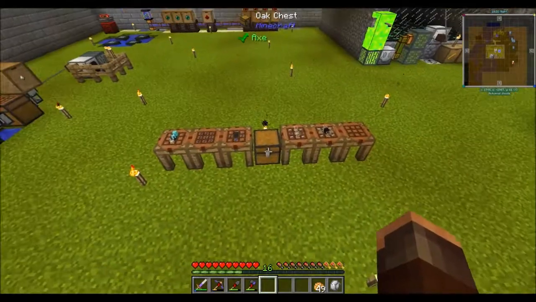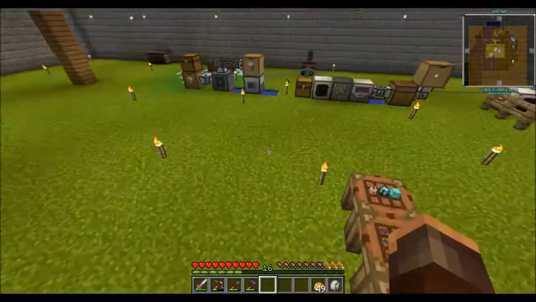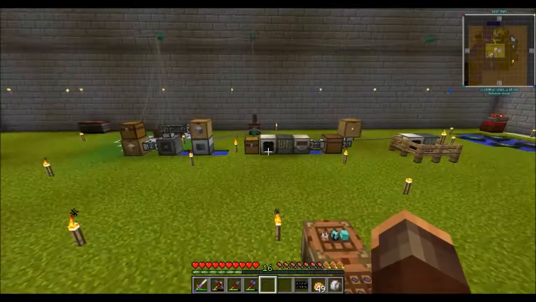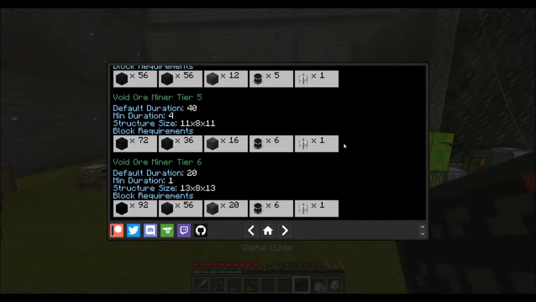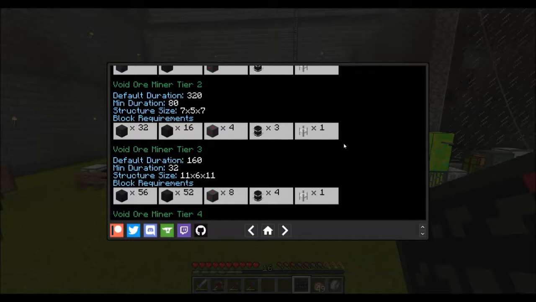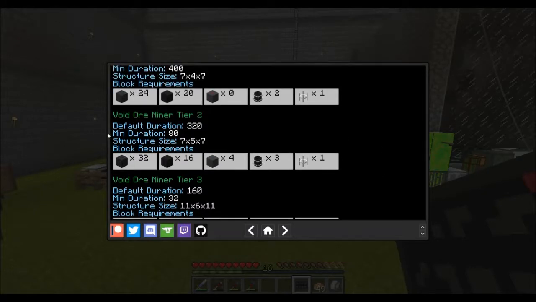So yeah, let's get on with this. So we're looking at upgrading from a tier 1 up to the tier 2. So I've been looking at the digital guide and everything online, and this guide that Grok actually sent me on Discord, which was brilliant. But yeah, so we needed tier 2 frames. We needed 32 of them, so we needed to upgrade it from the tier 1 up to the tier 2